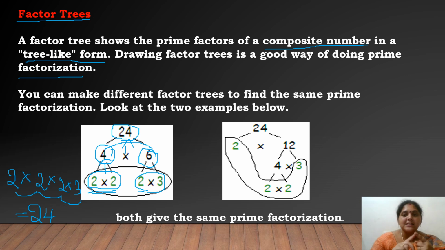Here, first we are separating the number 24 into two composite numbers. That means I have taken two different numbers. Now the two composite numbers I have factorized again to get my prime numbers. After that I multiplied all the prime numbers to get the number I had taken. Now the same 24 can be done in a different factor tree. So how are we going to do it?